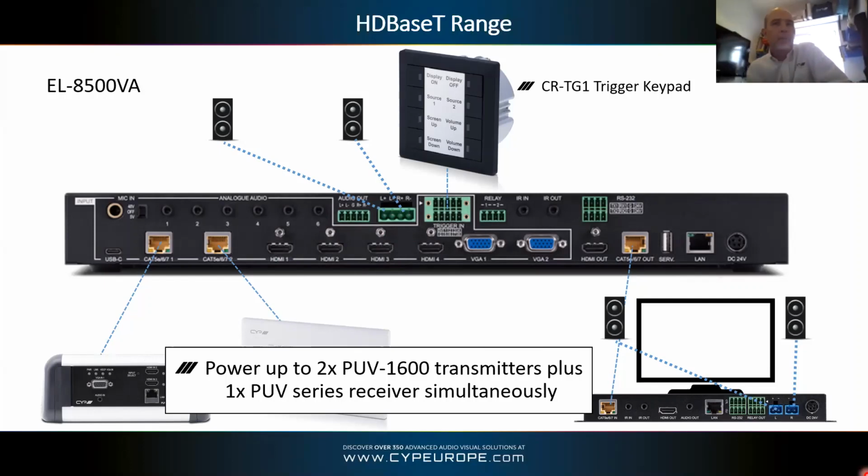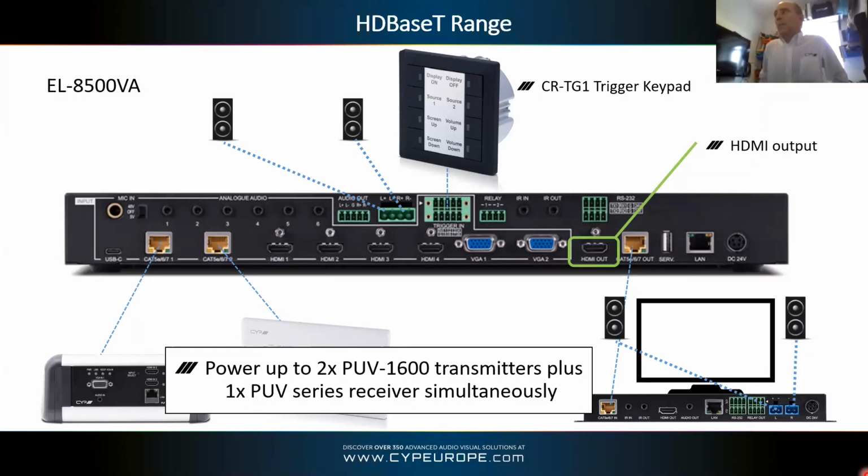Exactly right. And we've shown there, if you want simple control of the input selection, you can just physically plug into the back of the unit our CRTG1 trigger pad. So really simple to just plug and play. Yeah, those are a nice little tabletop unit. You just cut a hole in the table, put them in, and screw them from the back. There's 9 inputs and 8 buttons, so you choose which 8 inputs you want to fast select. Pick your favorites. And of course there is a local HDMI output as well. So that's the